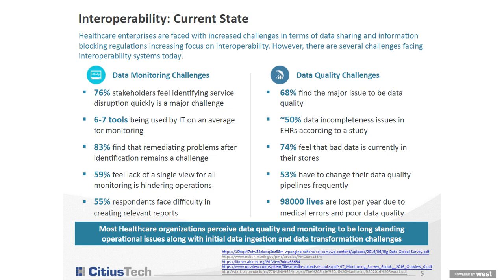In real time, are those tools giving you what's happening across all your systems? Currently, they are not. Most of the people are feeling that yes, there is a lack of single view for all the monitors, and that's kind of hindering their operations because they are not able to take the right decision